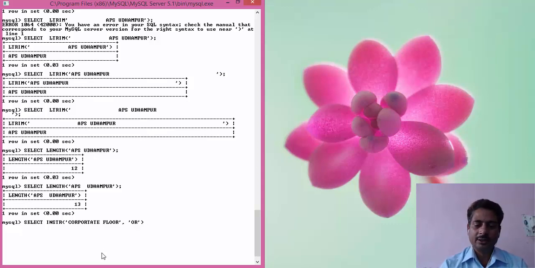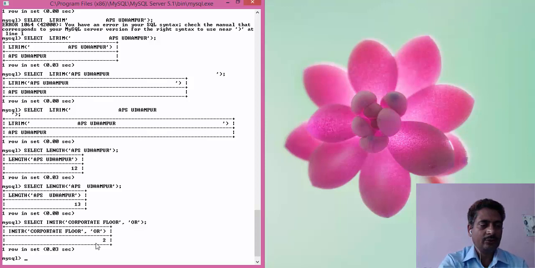It will show the position of OR in corporate floor. What is the position? There are three ORs: C-OR, C-OR, then P-OR, then here OR. Three ORs. It will show the first OR position and ignore all other ORs. So it will show 2 because OR is on the second position. You can see there 2. Okay? That's for the instr function.